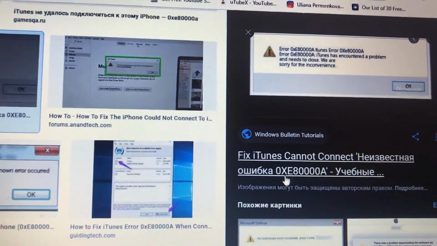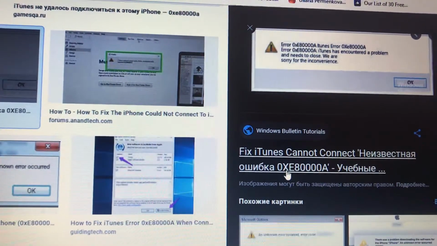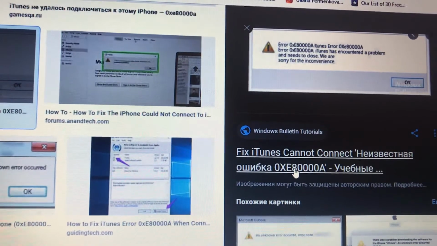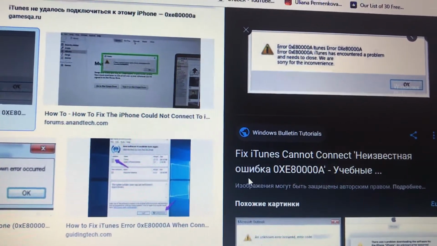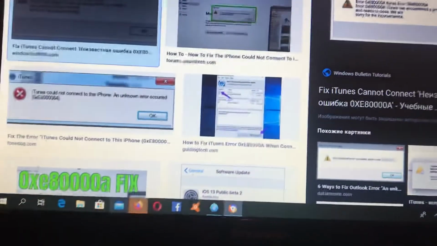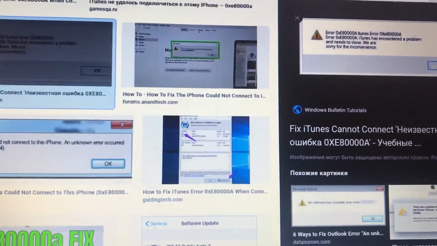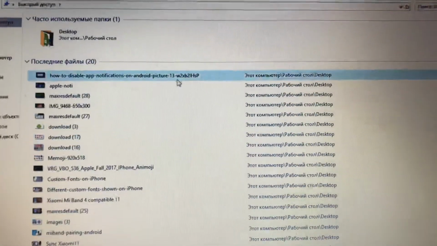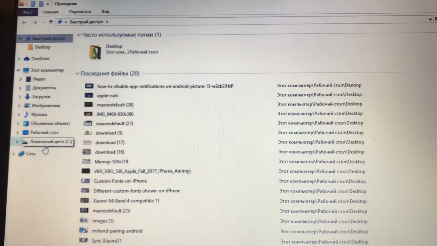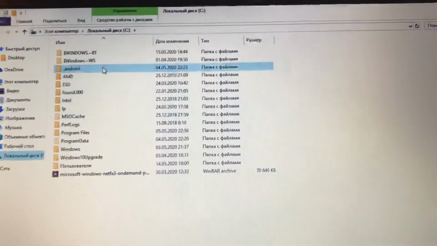Here you can see the code, 0xE800000A. So how can we fix it? First we need to go to File Manager and just go to your system disk, and here you choose